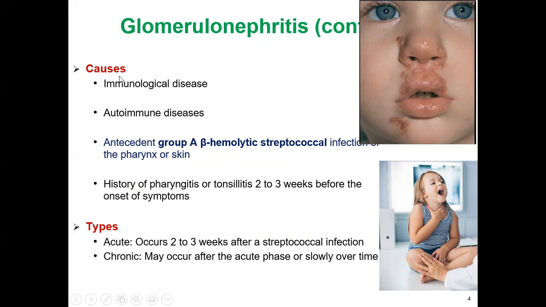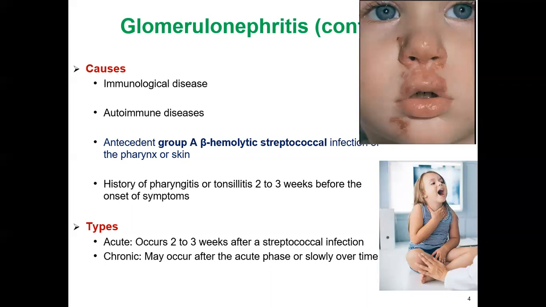You see, the underlying cause of glomerulonephritis is an immunological reaction, or autoimmune disease, or group A beta hemolytic streptococcal infection, or pharyngitis or sore throat. So when this baby boy has an impetigo or this daughter has a sore throat, this organism, if untreated or maltreated, goes into the blood, and from the blood, it enters the kidney, in the glomerulus, and inside the kidney,